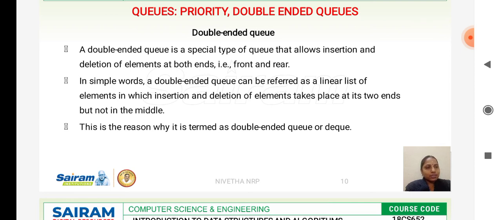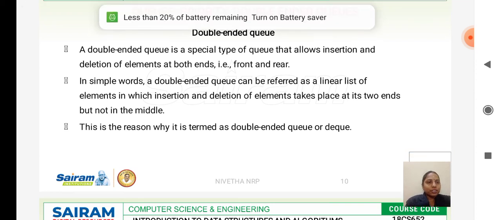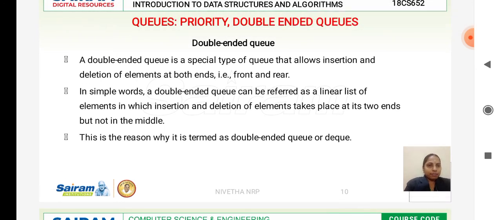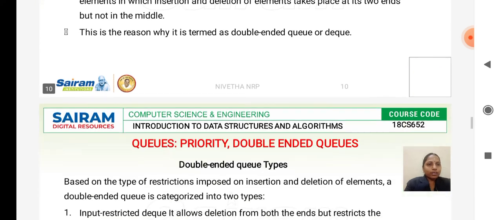You can do insertion at the front end, you can do the deletion at the front end. Similarly, you can insert at the rear end, you can delete at the rear end. So this is what a double-ended queue is. You can perform both operations in the same queue. You can perform both operations at the same end, either a front end or a rear end.